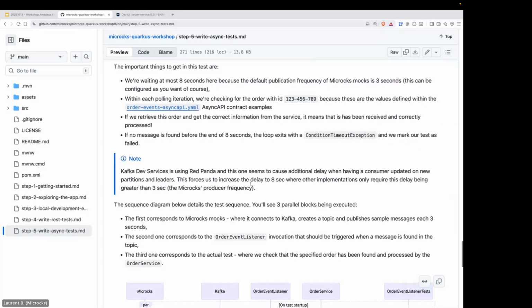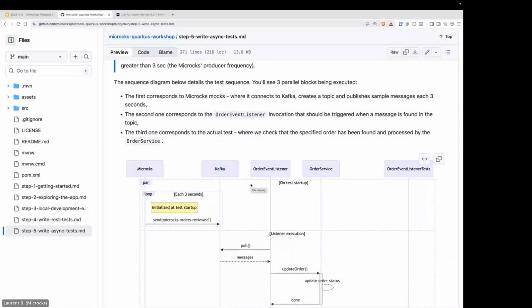The good thing is you don't have to use a Kafka companion for the test to interact with Kafka to fetch the event. The drawback is you have this ID which is in 2 places, and if you write a Kafka companion test, you would have the ID in the same file. So yes, exactly, this is the drawback here. You use Microcks as an injector. And here I would say,